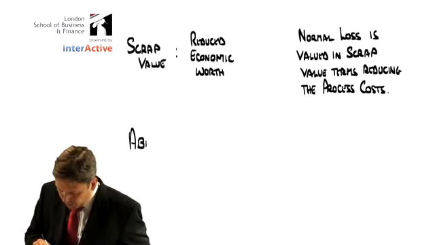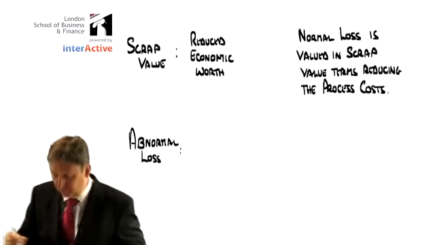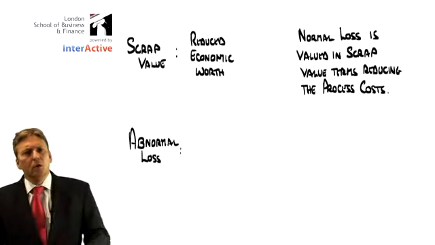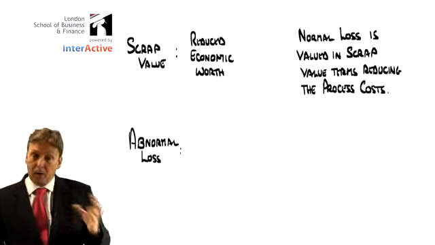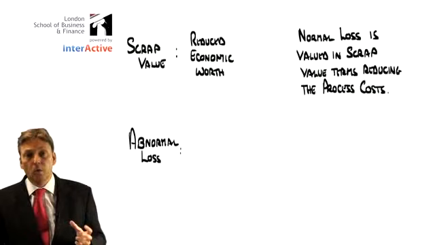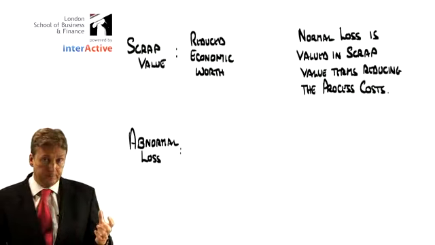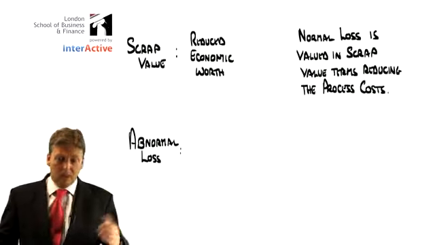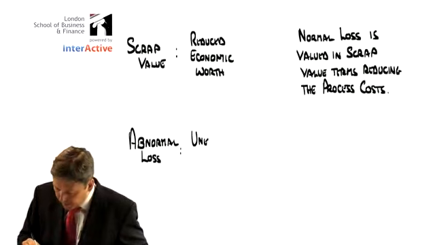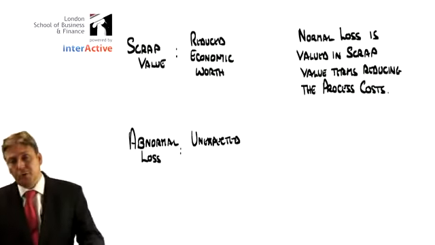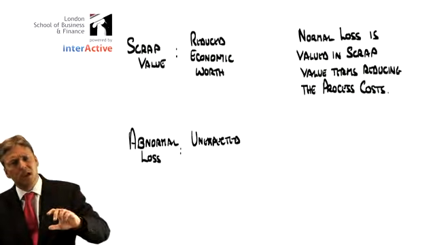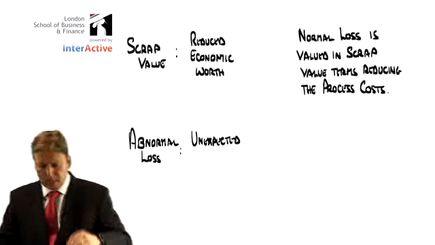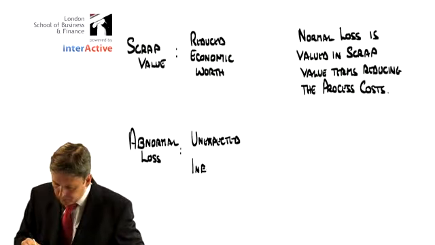now we can look at something called abnormal loss. We talked about normal loss as being part of the process. We talked about normal loss as being expected. If that's the case, abnormal loss is going to be the other bit. Presumably, this is unexpected. During efficient operation, we do not expect to make this loss. So I suppose what we're saying is that it's due to inefficient working. It's due